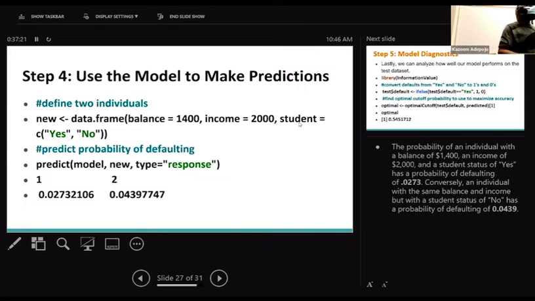I want to predict for 2 individuals. Each of them has the same balance of $1,400 in their account, and their income is 2,000. This is the code. Now, when you take a look at one here, yes for students, no for students. This is the probability that they will default. That person with a balance of 1,400 in account and an income of 2,000, this is the probability that they're